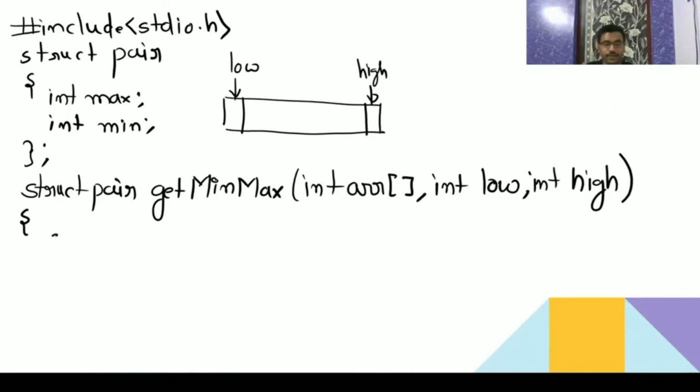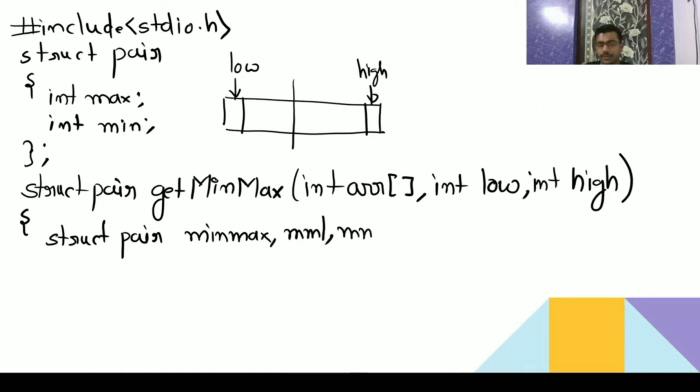Now I will declare structure type variables. minmax will have the actual min and max of the whole array. One variable, mml, is for the min and max of the left side, and one, mmr, is for the min and max of the right side.